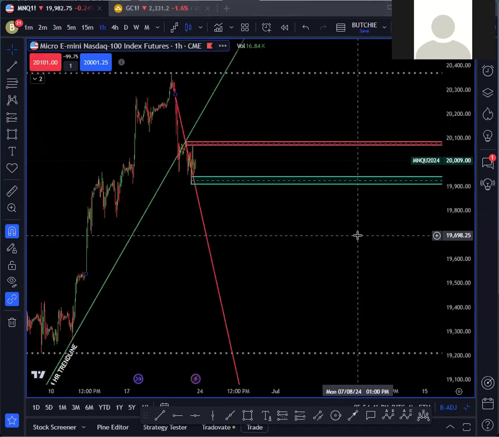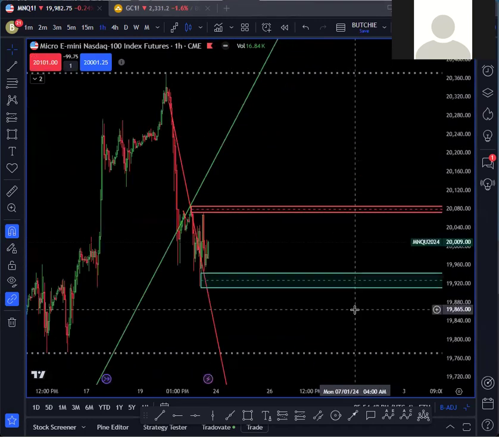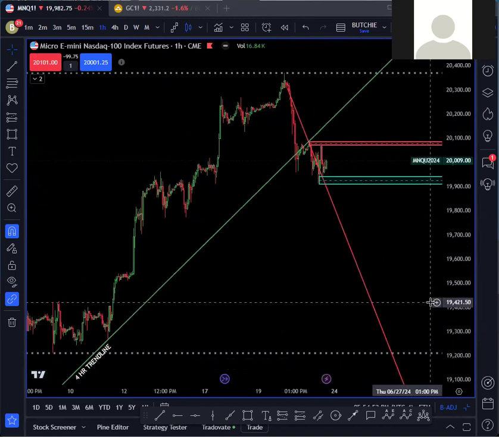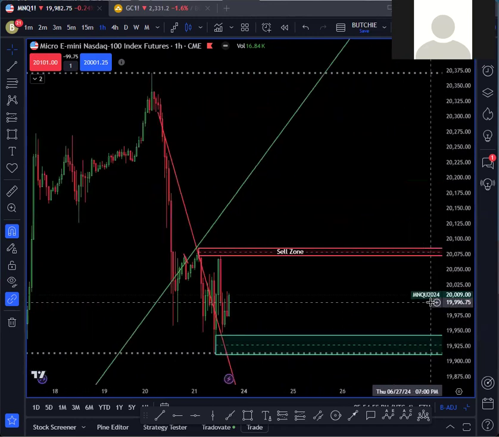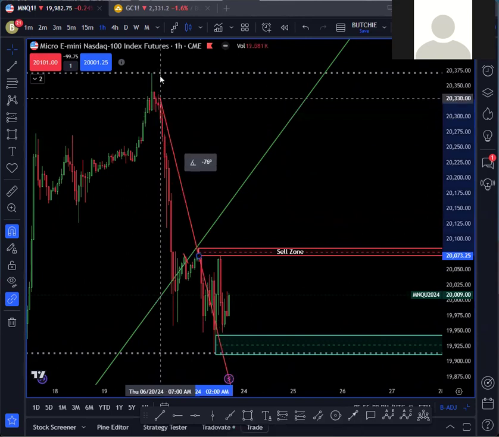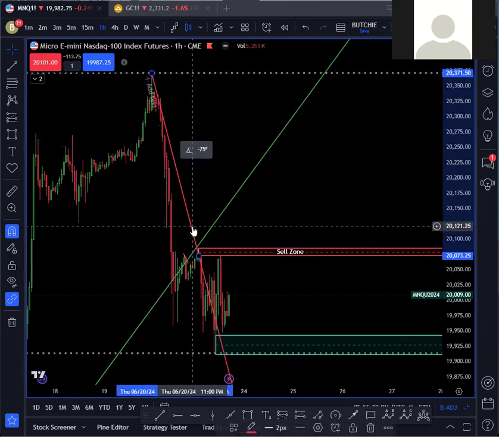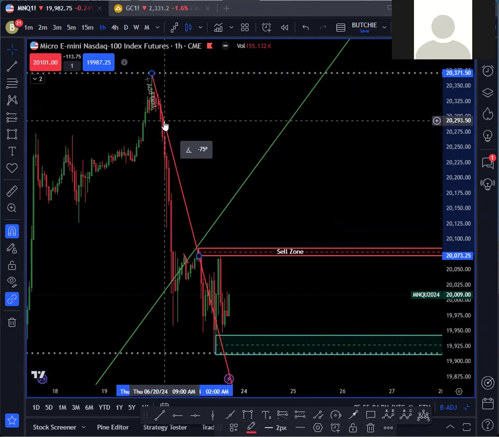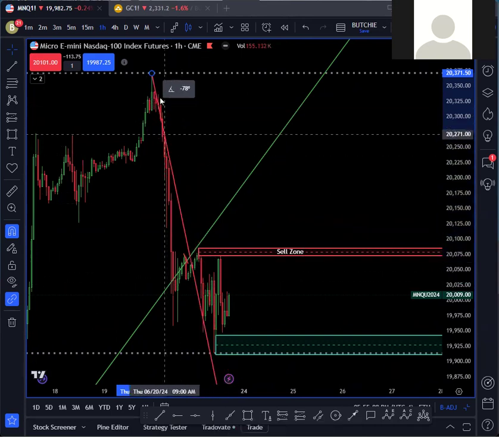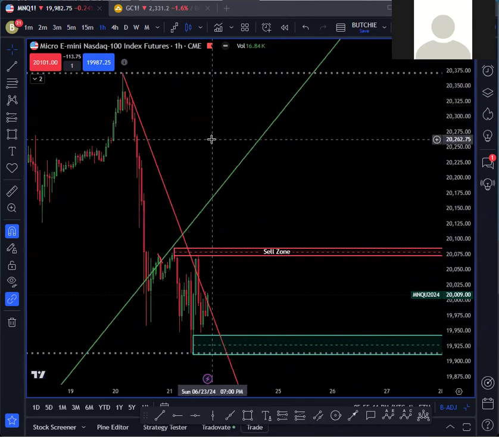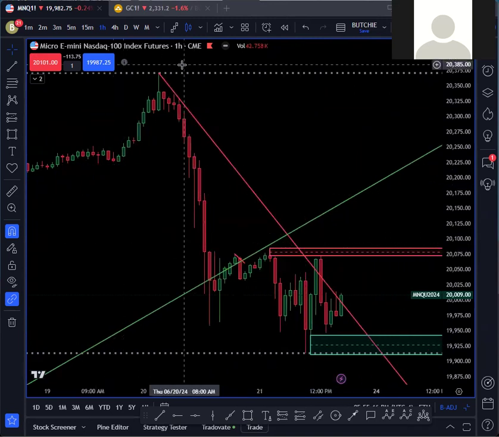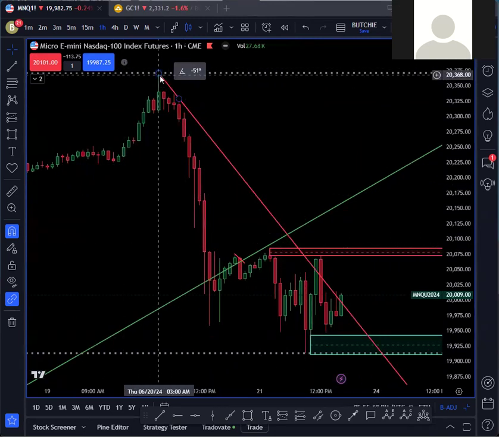So we zoom out to a 1 hour, and that's where we have that downward move we just had recently. Okay, so we've had this downward move. We draw the trend lines off that. I've got to redraw them. And that's the thing: when you draw these on the 4 hour time frame, they'll tend to move around. So what you've got to do is go back and move them as you drop down to a lower time frame chart. So there's our 1 hour chart, and basically just drawing off of this high to this